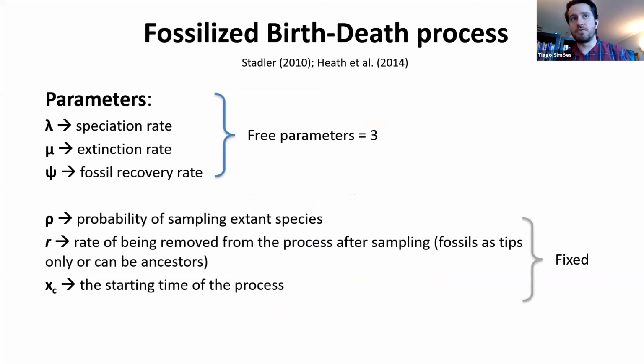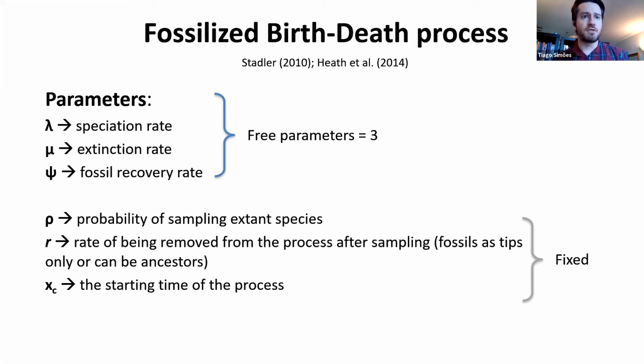Another major advance over the past decade, and one that is still ongoing, is in the family of birth-death models that essentially govern the tree diversification process itself. That includes parameters such as the speciation rate, the extinction rate, and the fossil recovery rate. Those are the three parameters we have in our analysis, besides a bunch of additional ones that are essentially fixed,